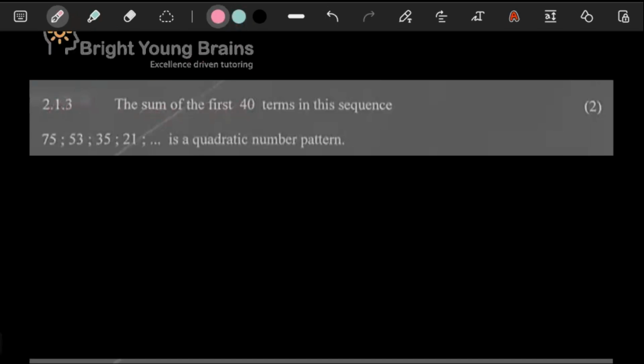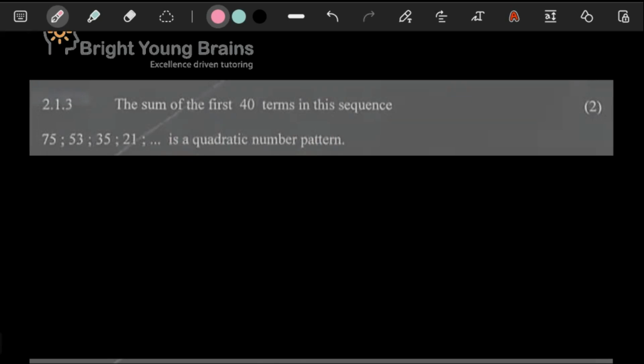2.1.3, the sum of the first 40 terms in the sequence. We need the sum of the first 40 terms. This is a quadratic number pattern. Wow, okay, this is interesting. Why is this interesting though? It just is, because normally if you need to work out the sum of a certain number of terms, it's usually easier if you are dealing with an arithmetic sequence or a geometric sequence. So this is a quadratic,